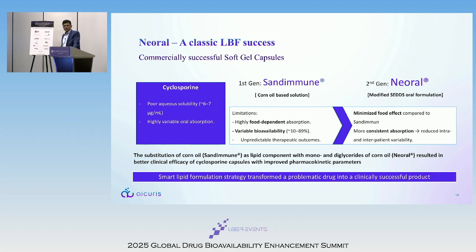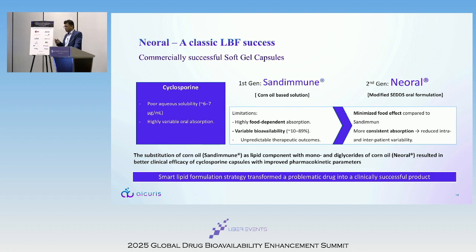Neoral is something quite interesting. The reason I'm going to cite it here, because yesterday also it was quite significantly discussed, but in my previous job we had one cyclophilin inhibitor which was in phase 3, later it was out-licensed to Novartis, and it was from the same class, and there we had quite a deep dive into the Neoral formulations because the molecules were quite closely related, having the same log P, same structure.